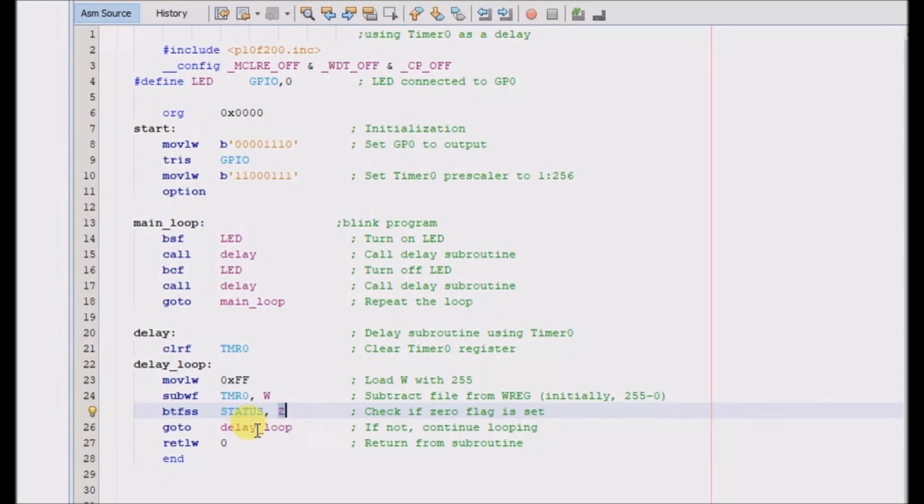So it'll go back up to, it won't skip the next line, it'll go to the next line, go back up here, and it will iterate until finally the WReg equals 1, and then 1 is subtracted from that, and then it'll bit test file skip if set, and eventually the Z bit will get set because the arithmetic operation will equal 0. So it'll skip the next line if it's set, and it'll go to